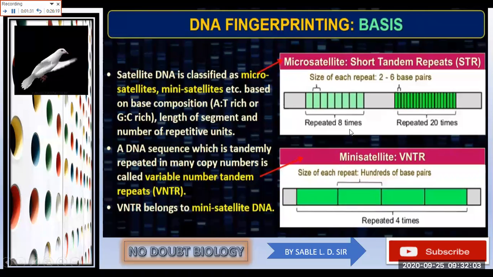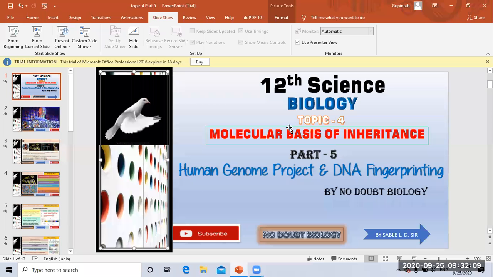Then we can also see a graph here, with a repeat 8 times, then a repeat 20 times. So here there is a calculation of the same DNA fingerprinting process, which is then analyzed and plotted as a graph. So these techniques provide information about